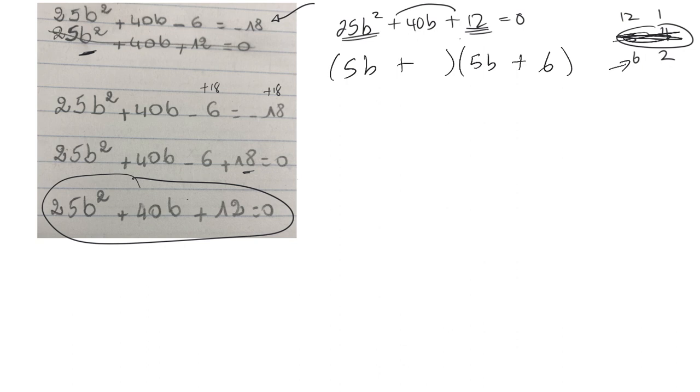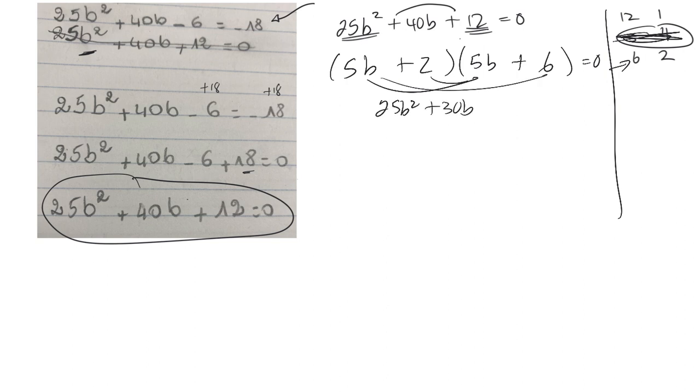6 and 2. So that's 25b squared plus 30b plus 10b plus 12. And when I add those together, I get 40. That means this is correct. So let me erase this stuff. Now that I know I factored it correctly,